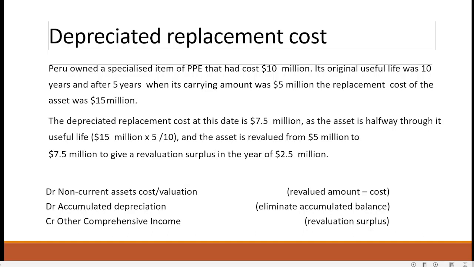The non-current asset will become $7.5 million without any accumulated depreciation. So the accumulated depreciation is completely gone. And in the comprehensive income, there is a revaluation surplus amount, right? So that way we are going to create the value of the